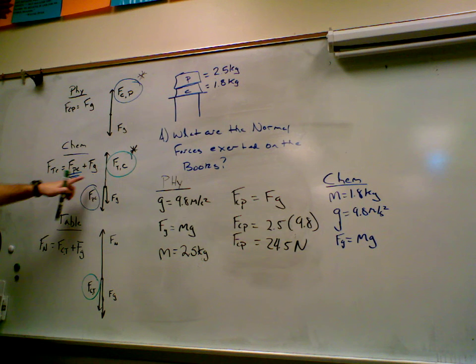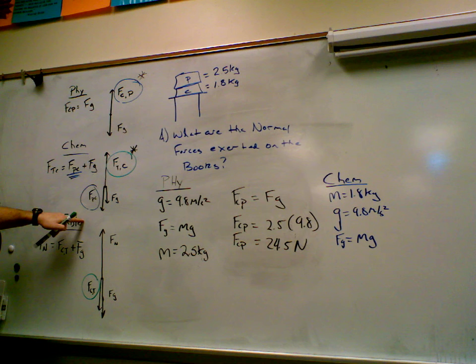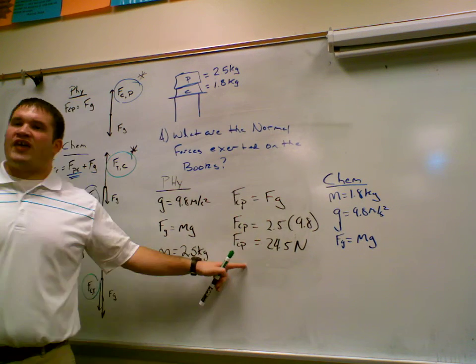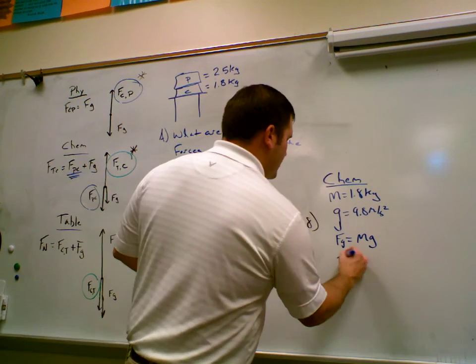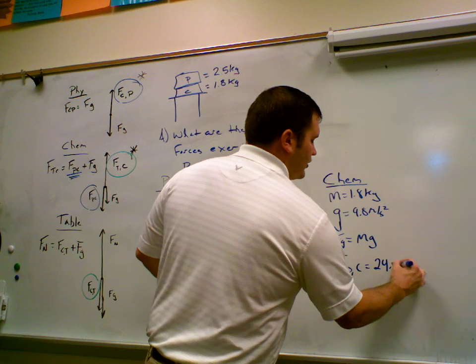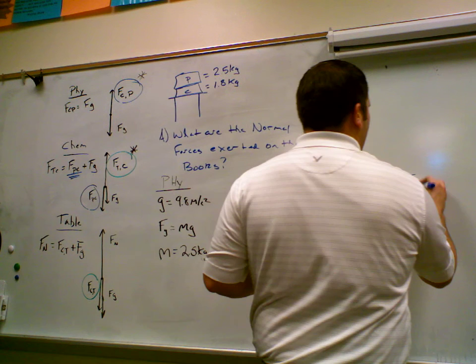Good. We know that PC and CP are a Newton's third law pair, right? They're equal. So that means these two are 24.5 newtons, equal and opposite. Since the force of the chemistry book on the physics book was 24.5, the force of the physics book on the chemistry book has to be 24.5. Okay. So then using our Newton's second law equation,